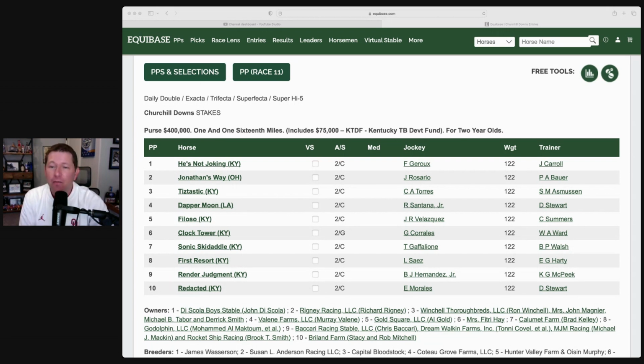Number 4 is Dapper Moon. This is another one that comes out of the Street Sense where he was beaten by Sovereignty. They kind of finished in a blanket. So Dapper Moon was 4th, beaten 5 1/4. Tistastic was 2nd in the race, beaten 5. So that kind of shows you